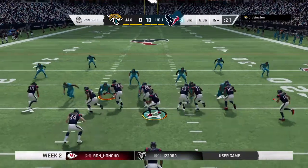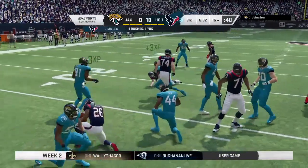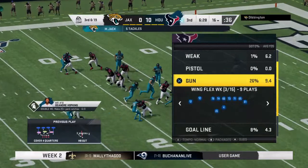Series to series, play to play. On second down now, it's Miller. And not much there at all. He's up only to about the 16-yard line. And they